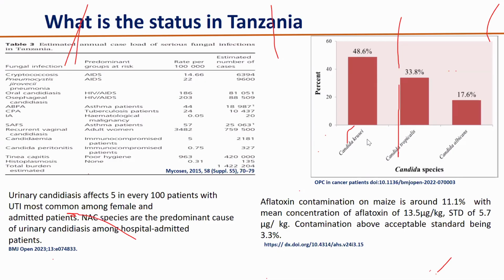And of public health importance, in this population where we found urinary candidiasis, the majority of them were also having non-albicans Candida species, and most were Candida glabrata. So you can still see that we are playing at the risk of having infections which cannot be managed by using fluconazole. And yet fluconazole is the mainstay when it comes to fungal infection in Africa.